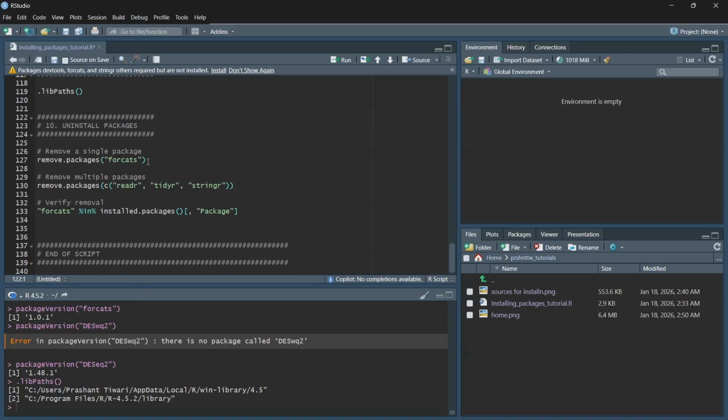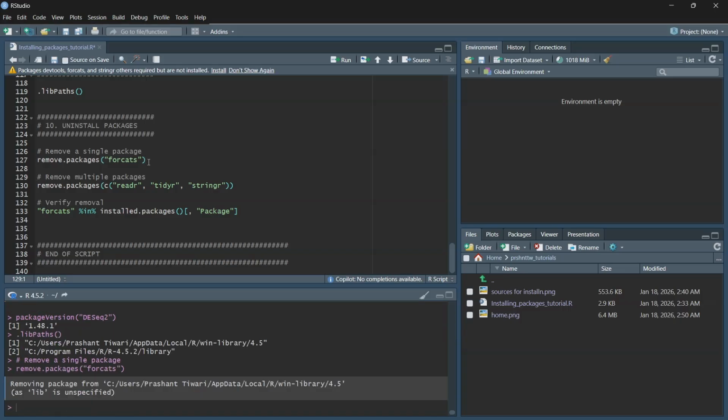Okay. Now to uninstall a package, to remove a single package, you will just write remove.packages in brackets, and in inverted commas the name of the package. I will hit enter and it will remove the package. Now, if you want to check that a package has been removed, okay, before that, let's see how we can